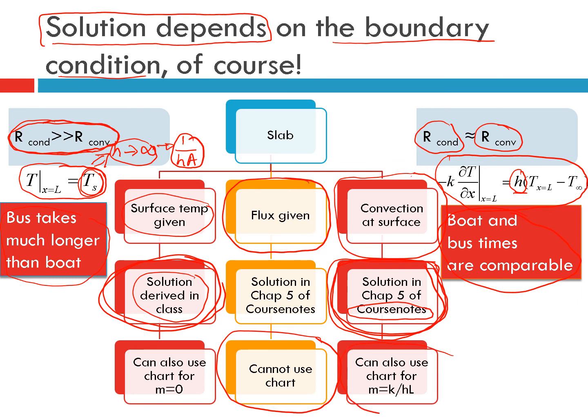So then the chart can be used for m equal to 0, because we defined m equal to k over hL. So in this case, since h is infinity, m is 0, and for any other m, we just find the m from k over hL. And this is seen in this